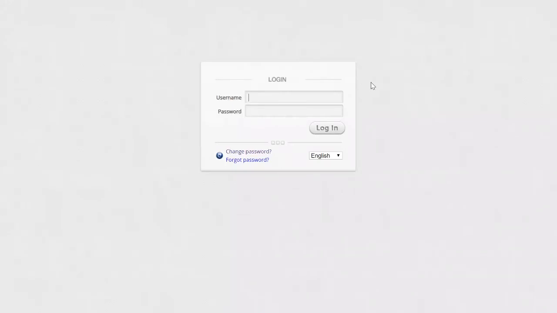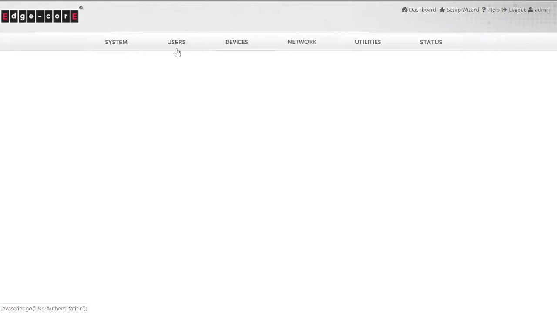In this video, we are going to introduce the authentication setting in our controller. This includes internal authentication and external authentication. So let us type in the username and password to enter the interface. First, we click User